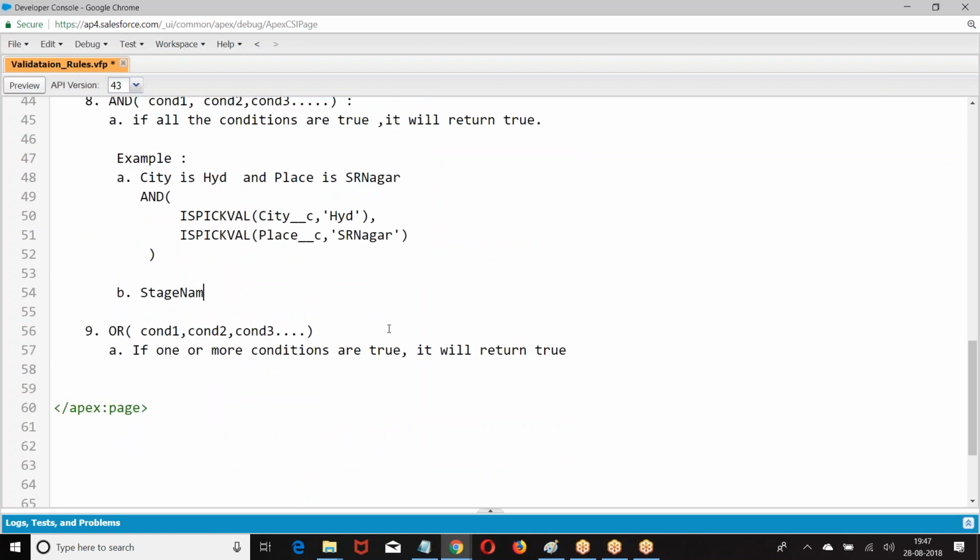Stage name is prospecting and close date is today. Stage name is prospecting. Close date is today.